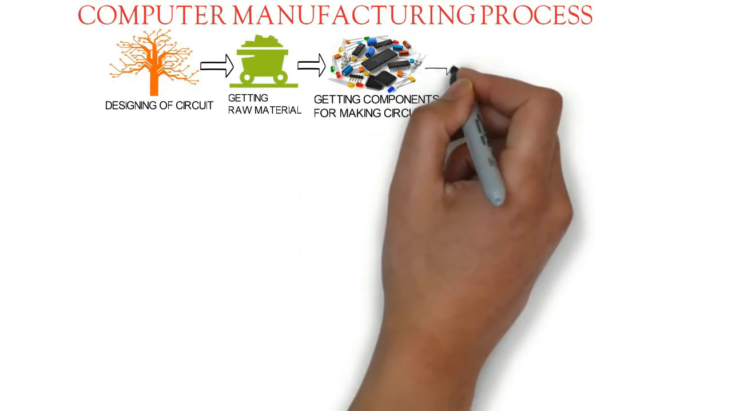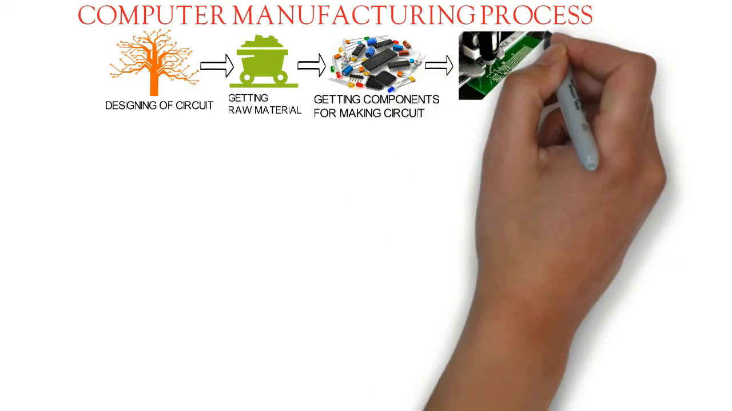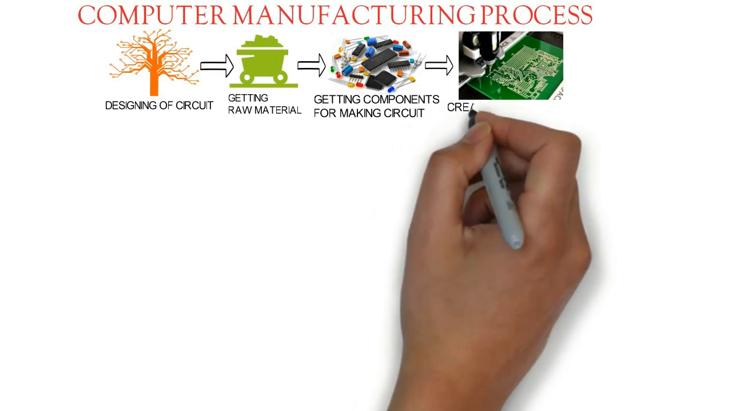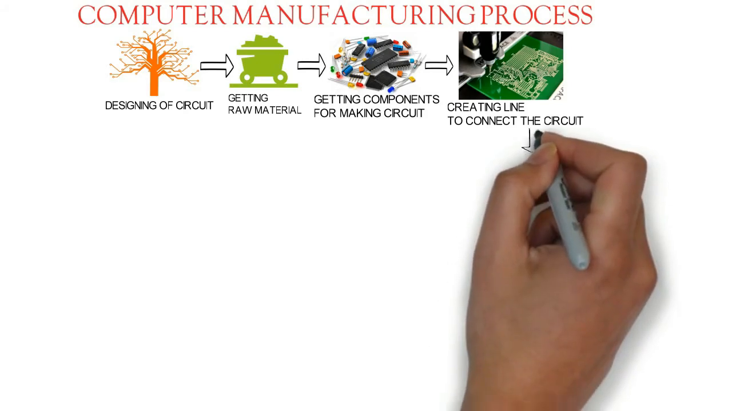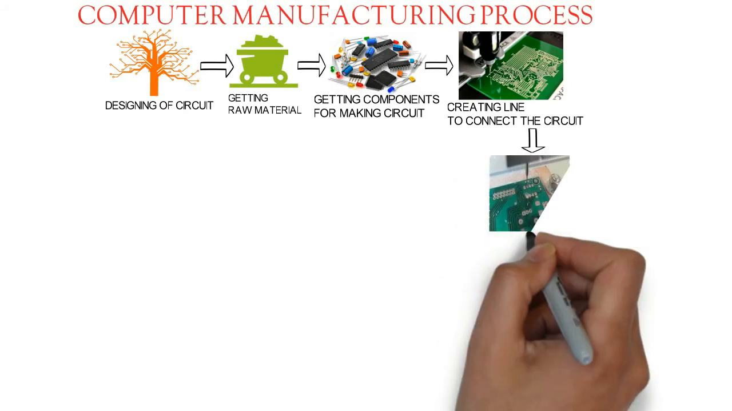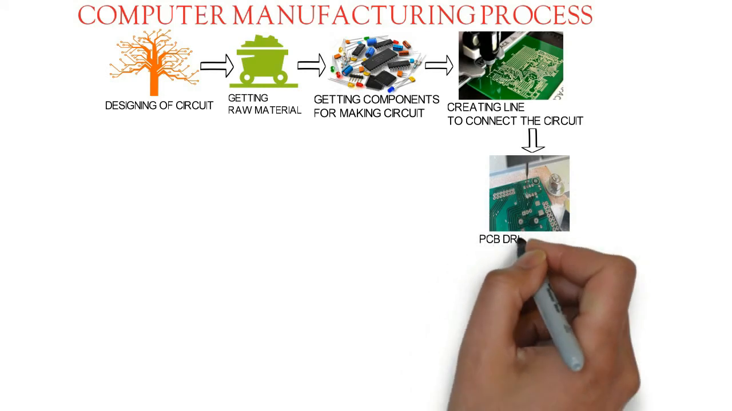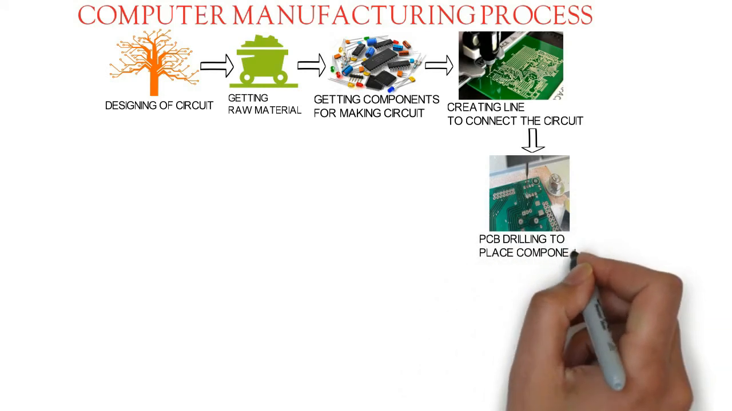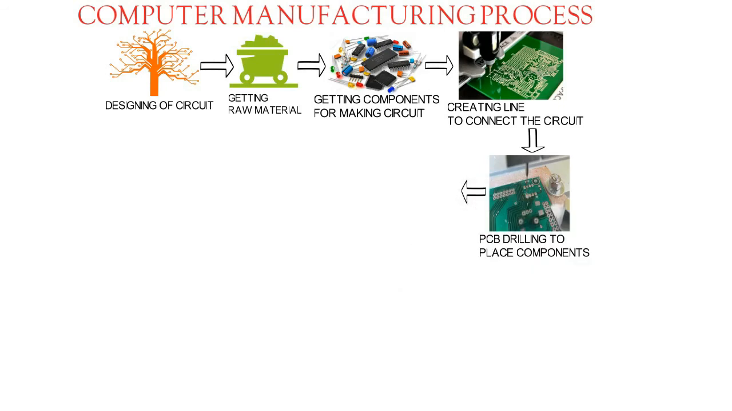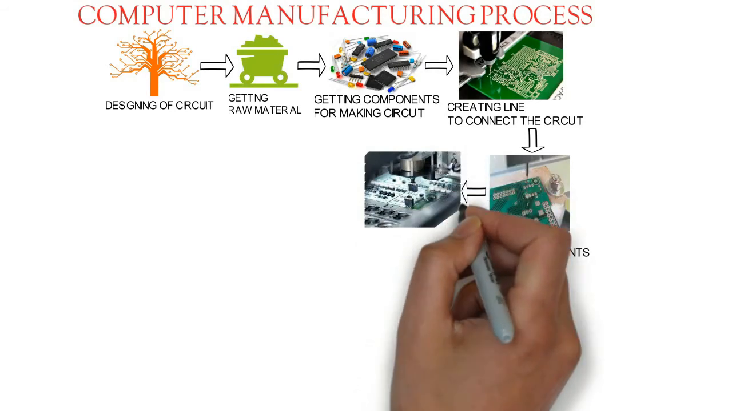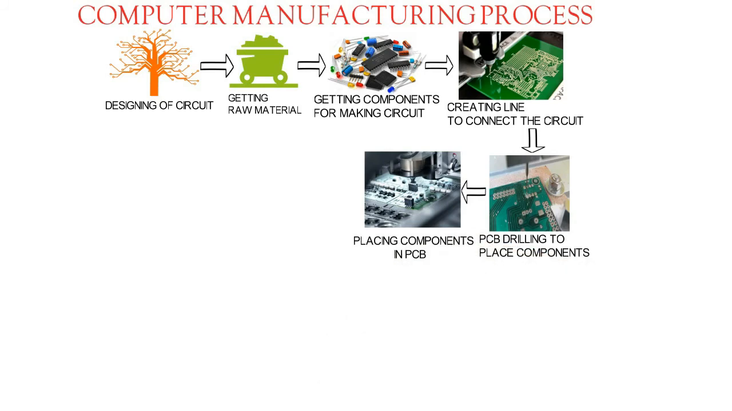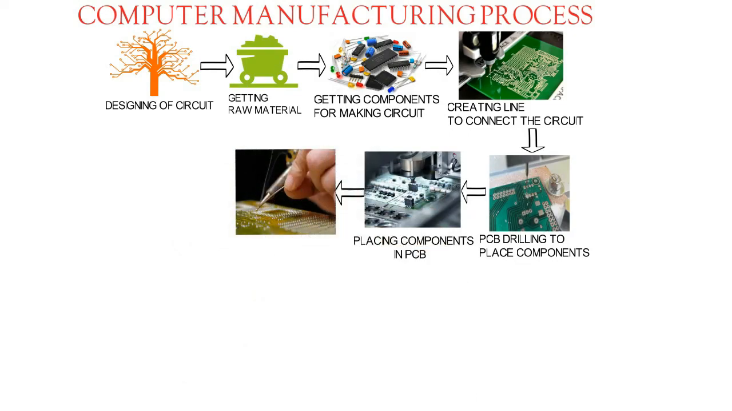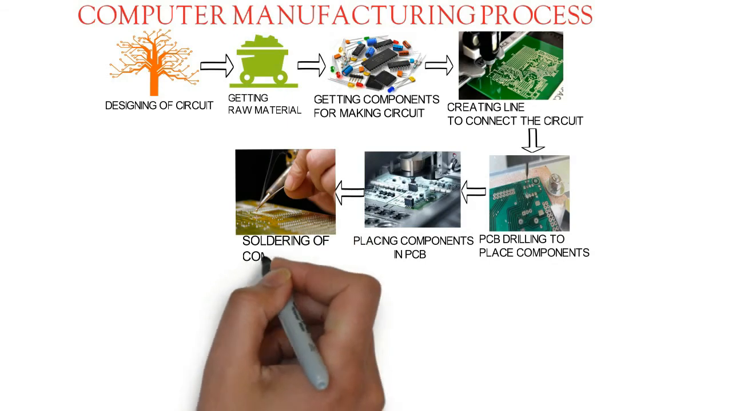The fourth process is creating lines to connect. Using a PCB milling machine, make lines to connect the circuit. The fifth process is PCB drilling, making holes in the printed circuit board to place the components. The sixth process is placing of components, placing various components in the printed circuit board. The seventh process is soldering of components, using lead solder and trimming the extra